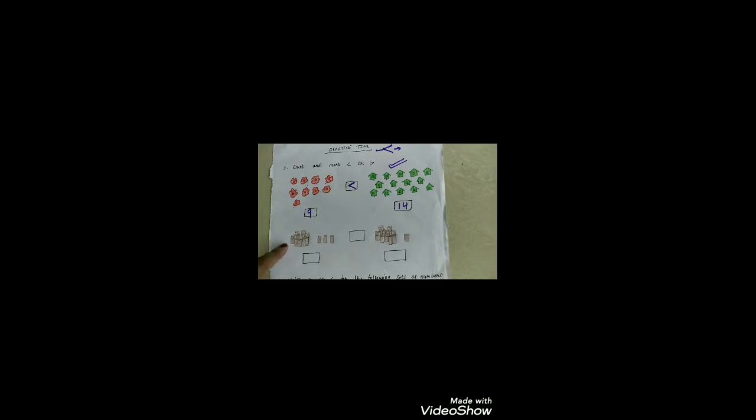Okay, coming to the next question. Here we have some numbers. How can we find the numbers? We can find them with the help of, yes, counting. Correct. So let's count the first one. Here we have one bundle of 10 sticks. So how many tens do we have? One ten. And how many loose pencils do we have? 1, 2, 3. So one ten and 3 units. The number will be 13. Correct.